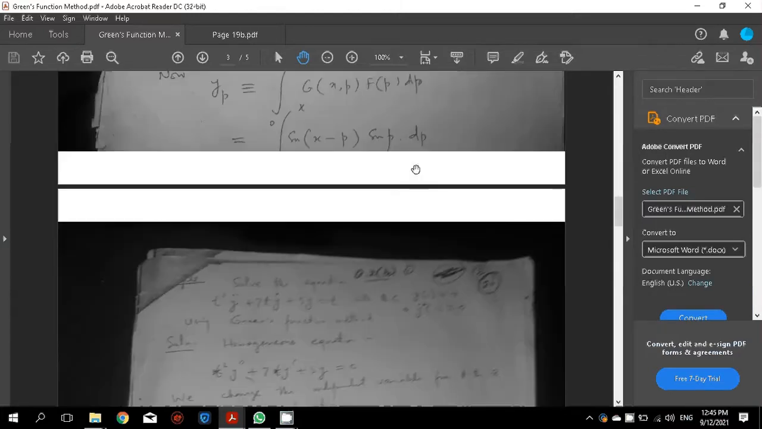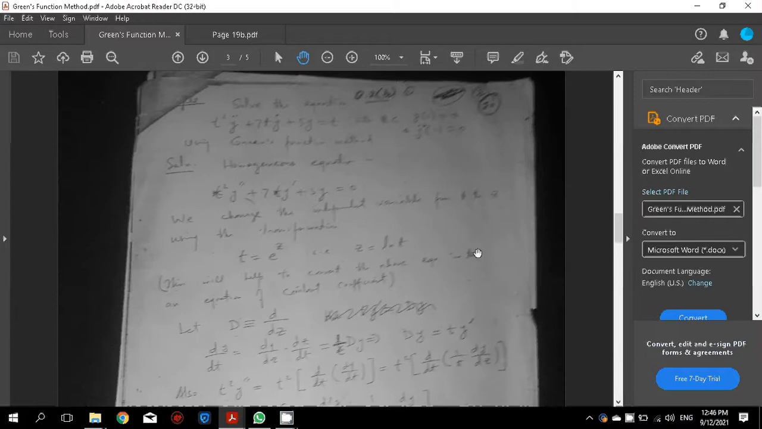Okay, let me now discuss a particular example in which you will learn a few useful techniques. Now this is the equation we want to solve: t squared y double dot plus 7t y dot plus 5y is equal to t. Here our independent variable is t, and we solve it using the Green's function method. So these are the boundary conditions, and we will write our equation